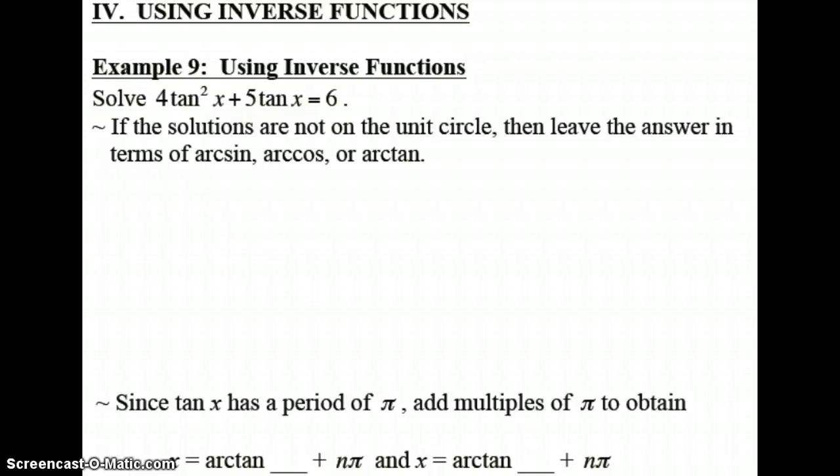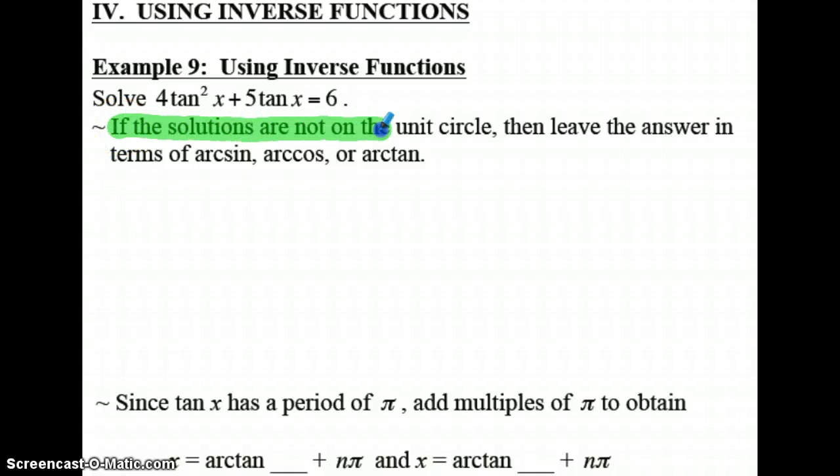Now, as if you haven't learned so much already, well, we might as well teach you something else. Sometimes you have to use your inverse functions, and the reason you would do that is if the solutions that you find are not actually on your circle. So if they're not on your circle, then what you're going to have to do is just write your answers in terms of